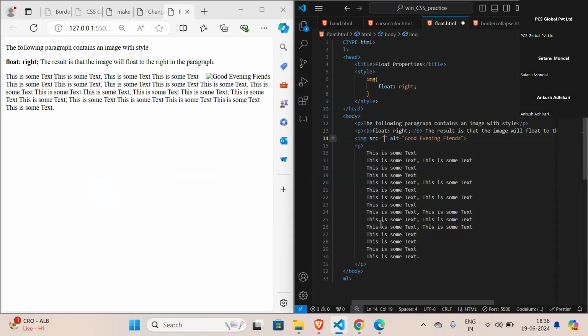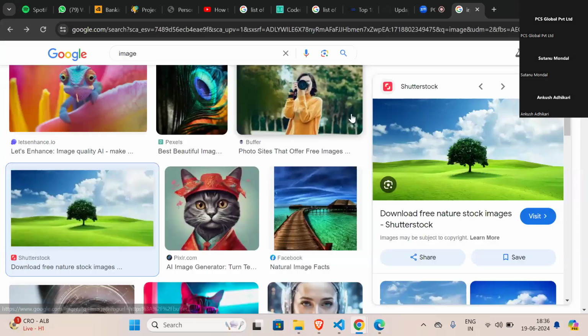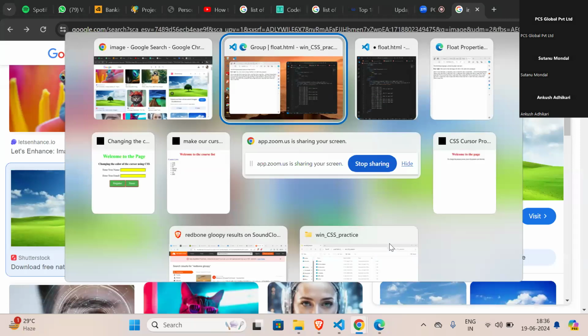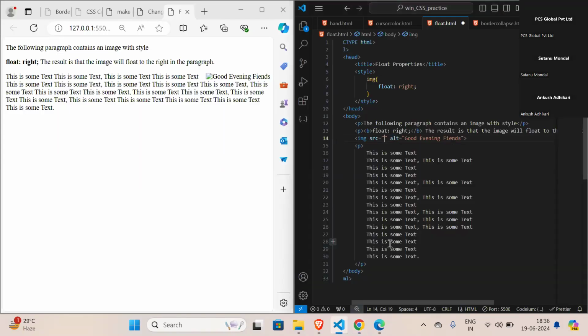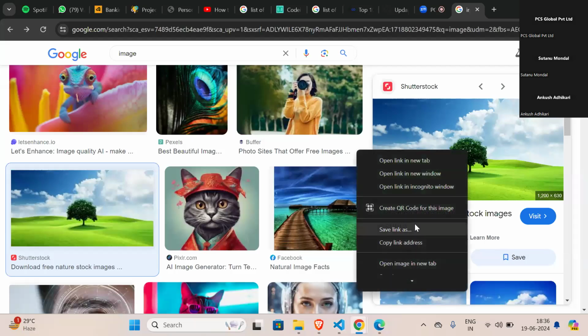Just paste the picture in your HTML folder. I have that picture. Yeah, download this, and after downloading this,